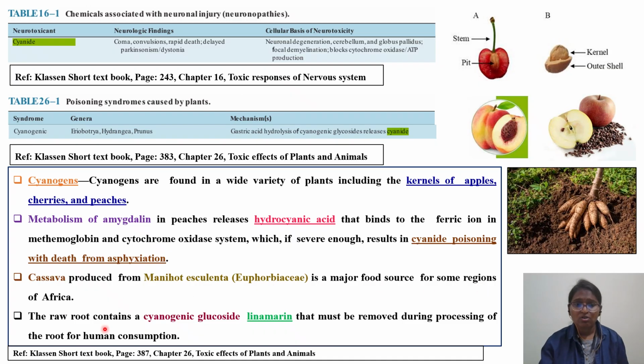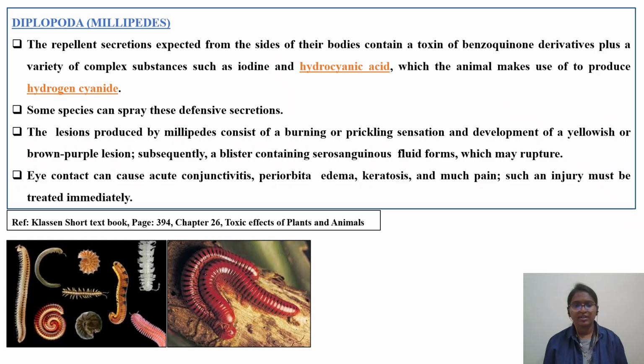The raw root contains a cyanogenic glucoside, that is linamarin. Some question you might get about this also: it must be removed during processing of the root. If it is not processed properly and if it is overconsumed by humans, then there is a possibility of causing cyanide poisoning. In addition, I have come across, in the case of animal toxins only,